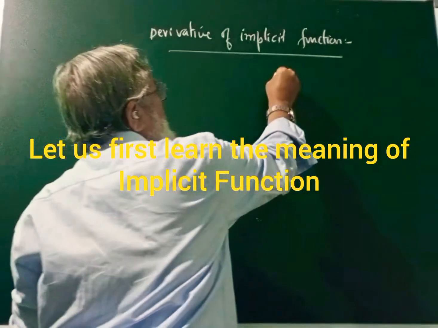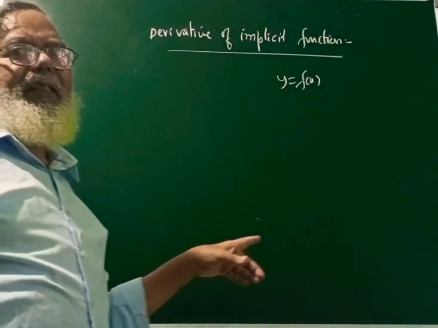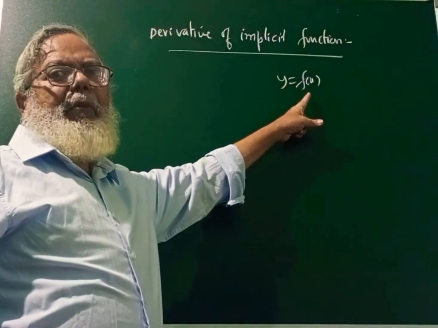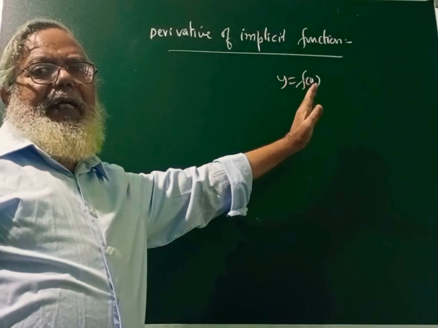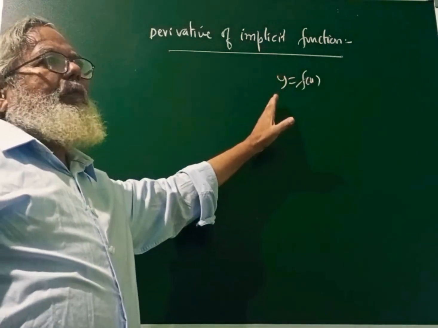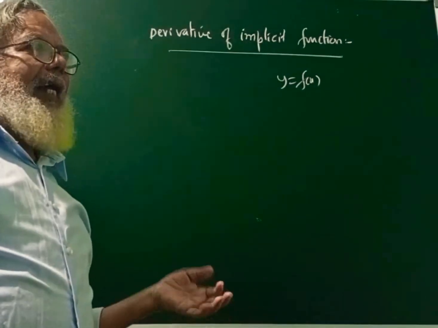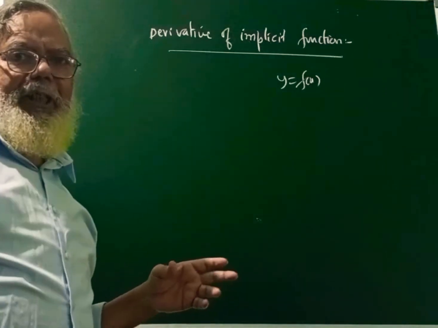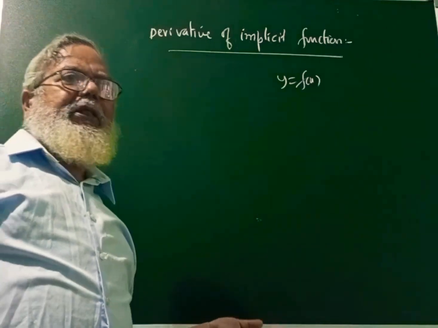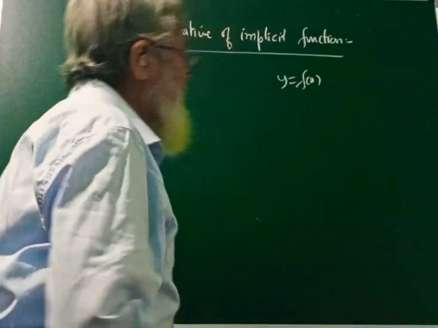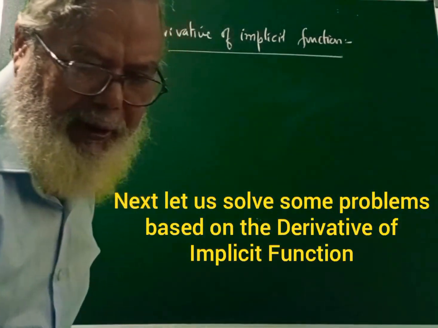If we express y is equal to f(x), if the given equation is expressed in this form, we say that y is expressed explicitly, because on one side there is only y, on another side there is a function of x. So y is expressed as a function of x explicitly. Now instead of that, if y is expressed in the form of an equation, it is called an implicit function. So we have to differentiate the implicit function here. We will start directly with the problems. There is not much theory in that. Let us solve the problems here.